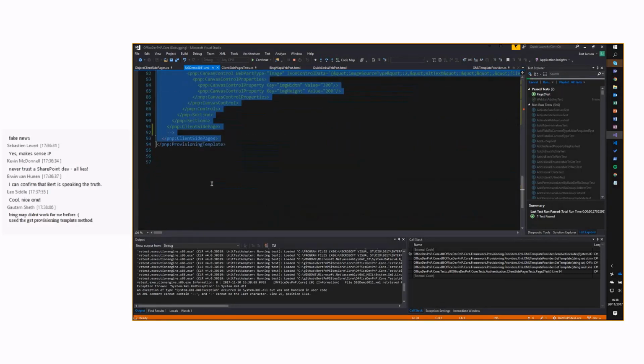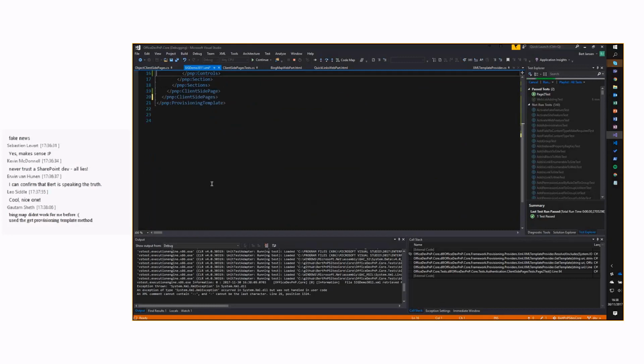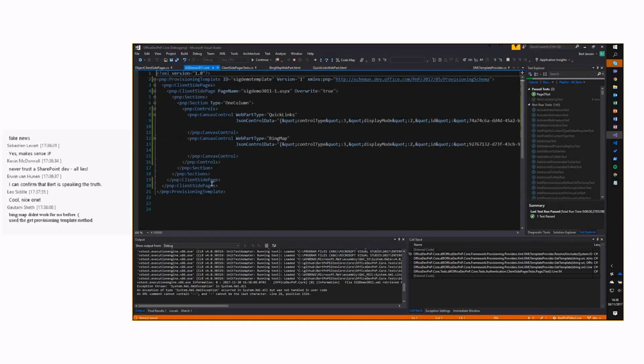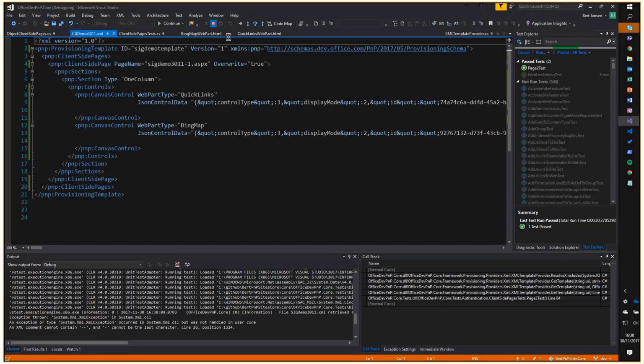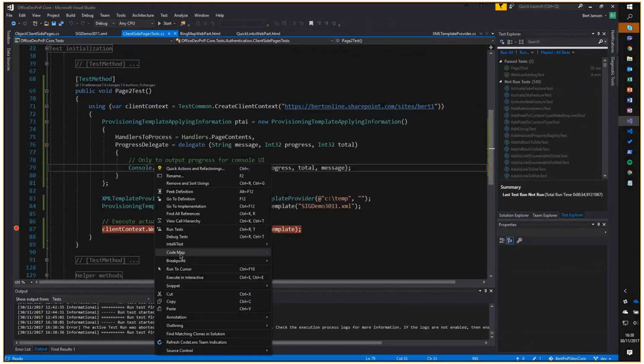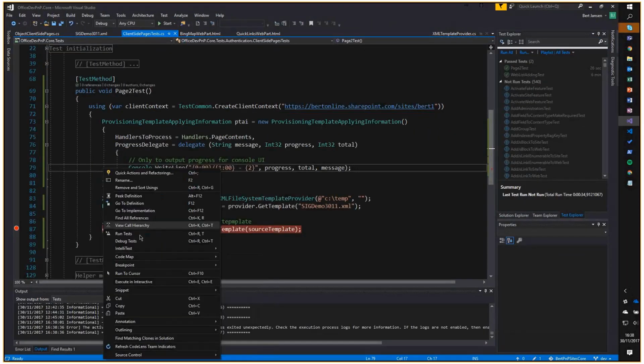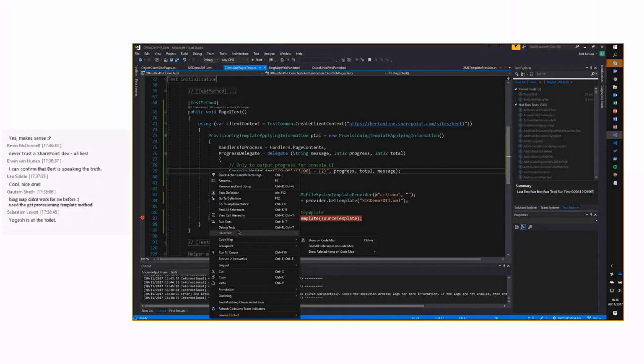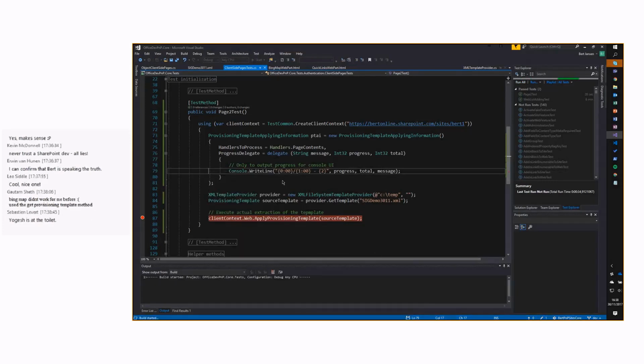There's some leftovers, most likely. Like this. And someone is making a lot of noise. All right, try again. Stop this one. Go back over here and debug my test. Here we go. Hopefully it works now.